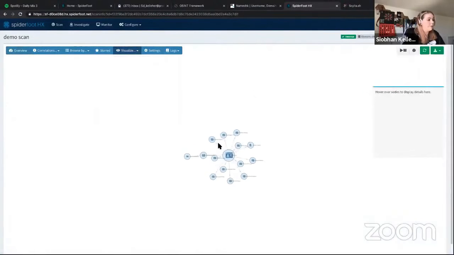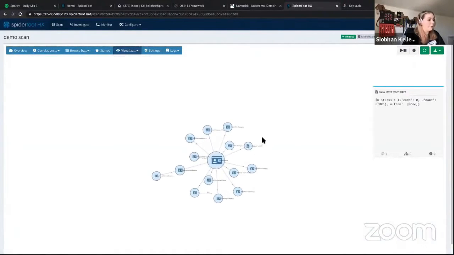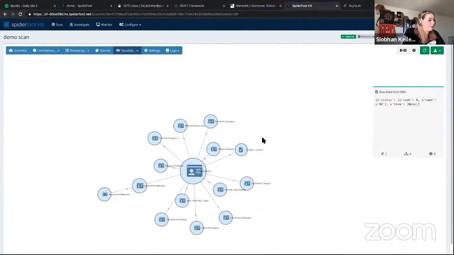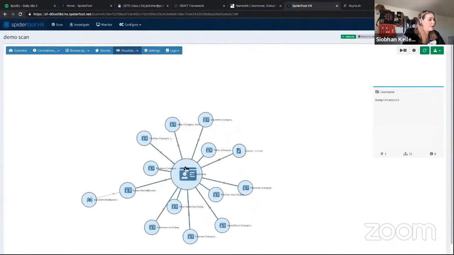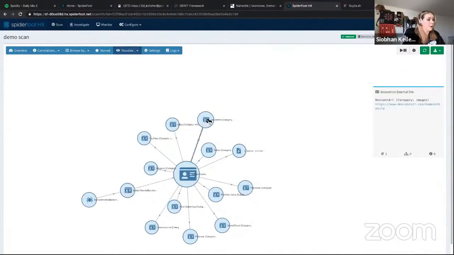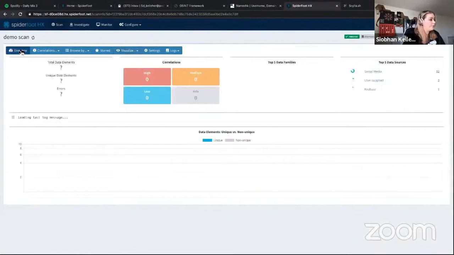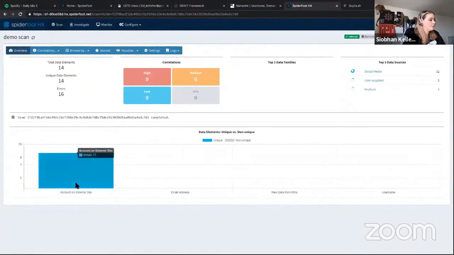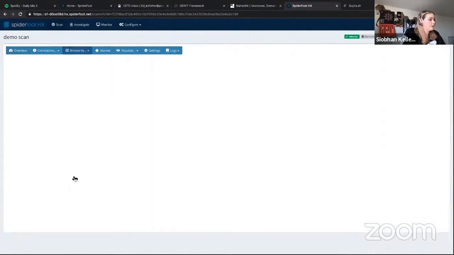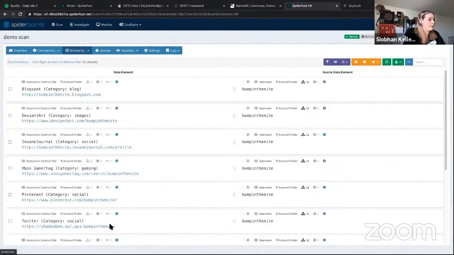If you're doing an investigation that's going to result in some kind of a presentation, or you need to hand something off to someone, this is a really nice graphic to include. It kind of shows you the account and then everywhere else that it was found, which is really nice. You can click into these and it will open up more information about where it's found. And you can do the same with the graphs on the first page.